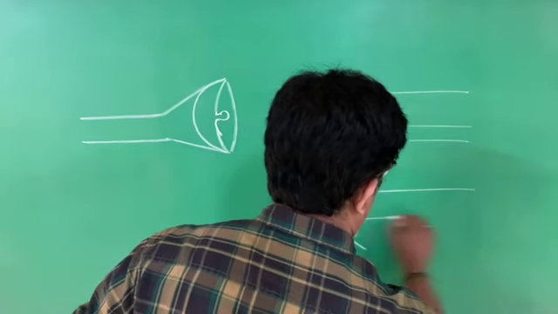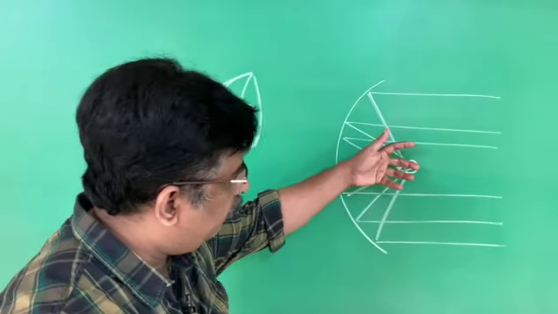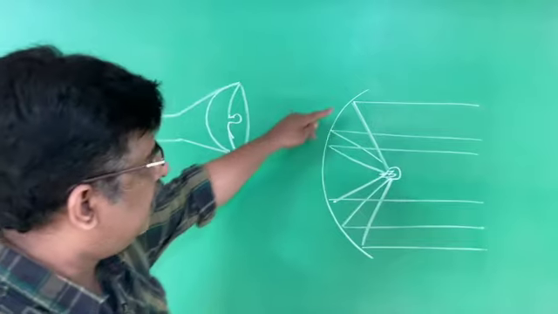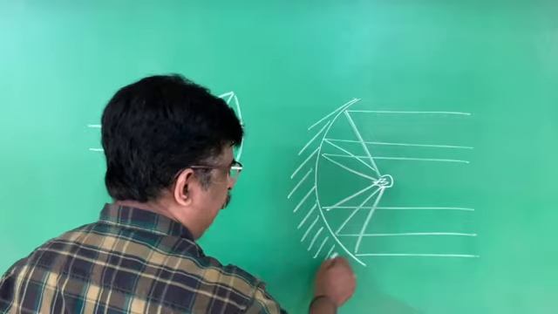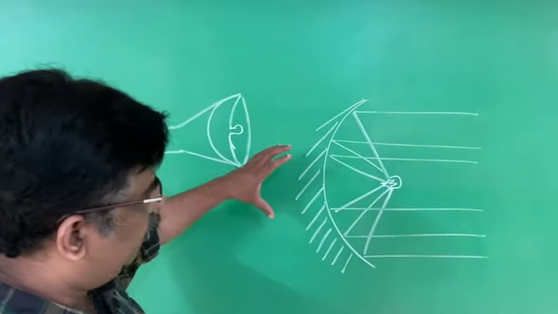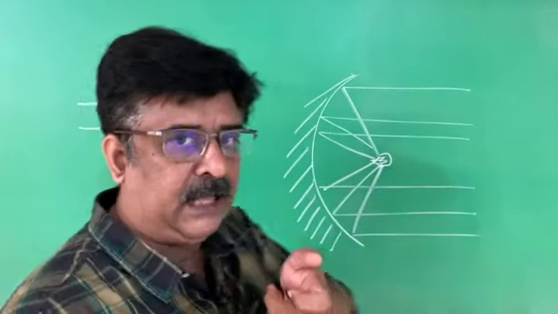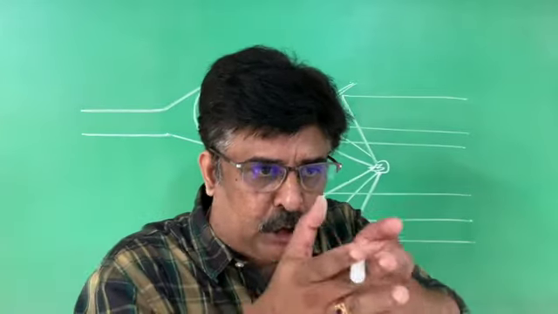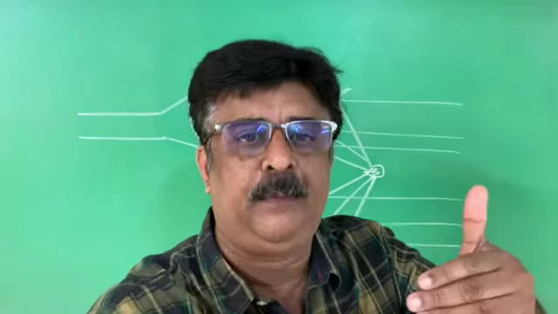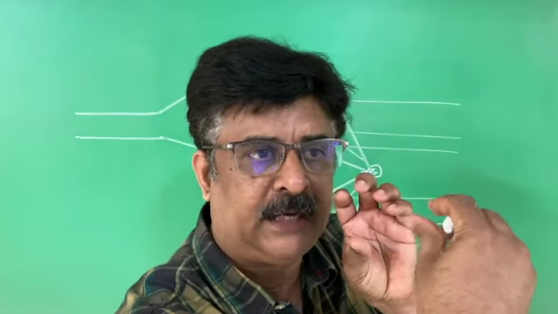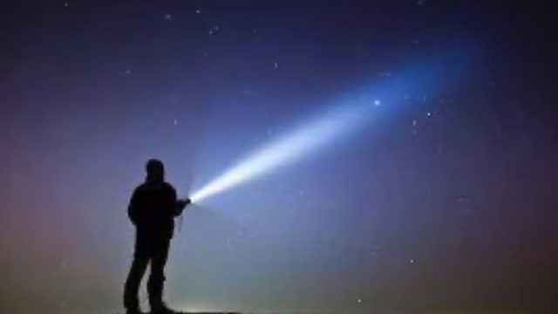This is the condition. Try to understand. When the bulb is at the principal focus, the ray of light which emerges from the principal focus falls on the mirror, and that ray of light, after the reflection, travels parallel to the principal axis. Therefore, when we hold a torch, we get a parallel beam of light. Why? In the torch we use a concave mirror, and at the principal focus of the concave mirror the small bulb is placed, and from that bulb we get a parallel beam of light.